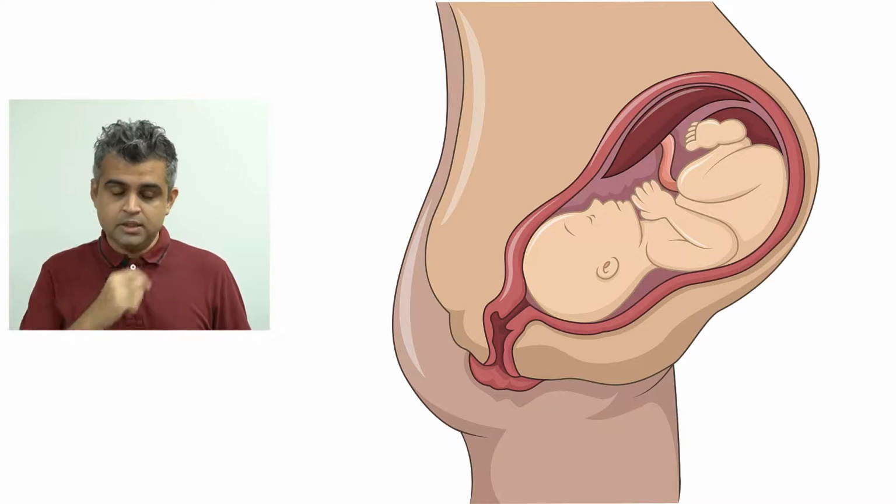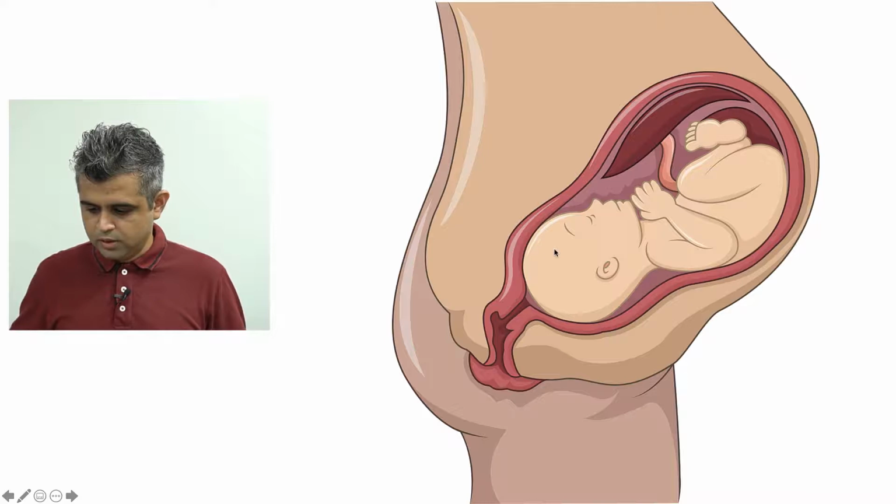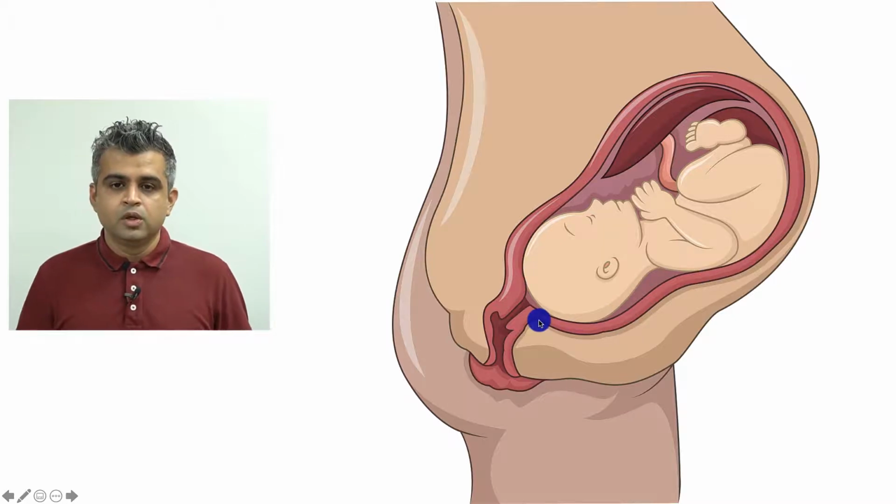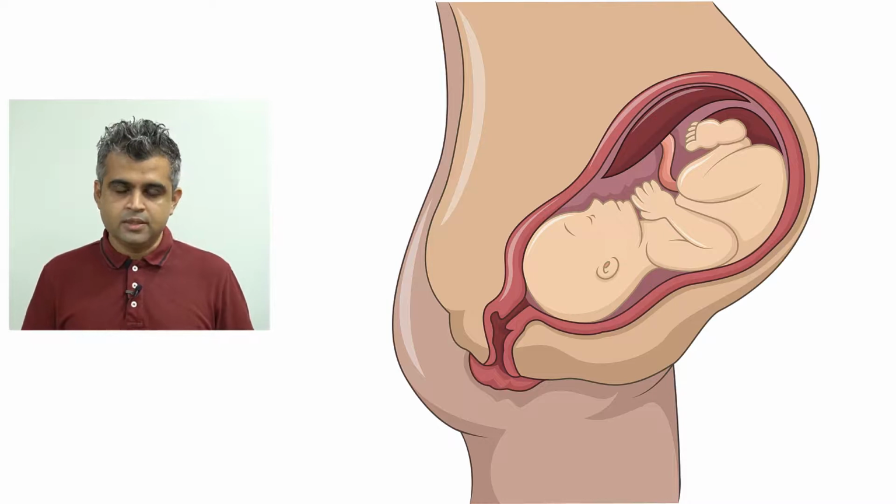The organ inside which the baby is present, the pinkish organ, is called the uterus. You may know it in common English as the womb, the organ inside which the baby grows. So medically we say it is the uterus. In the uterus you can already see that there is this baby growing inside her, and when the baby